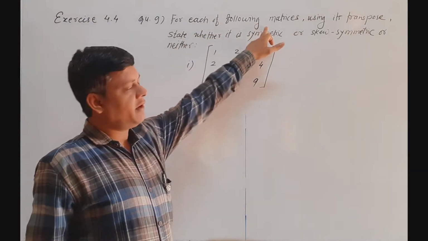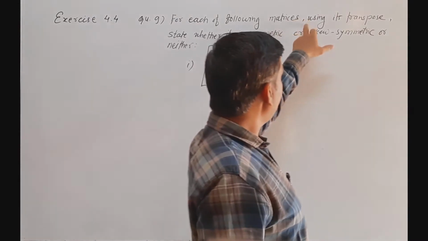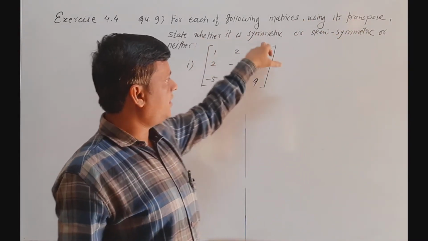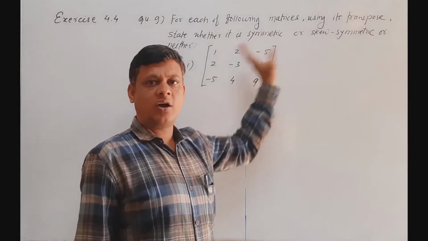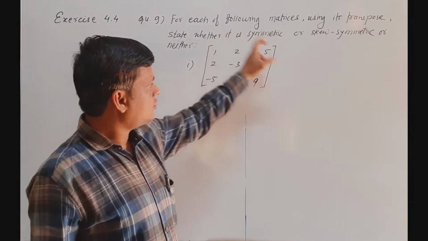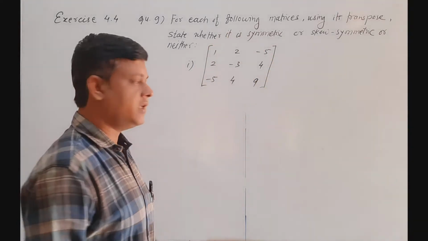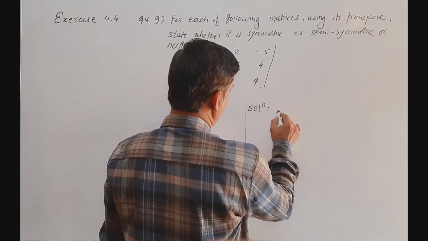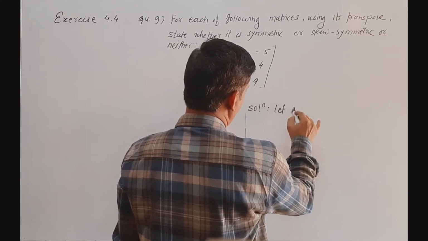Now see question number 9. For each of the following matrices, using its transpose, state whether it is symmetric or skew symmetric or neither. So see the first sub question. Here we call the given matrix as matrix A in the solution. So write in solution, let A equals to